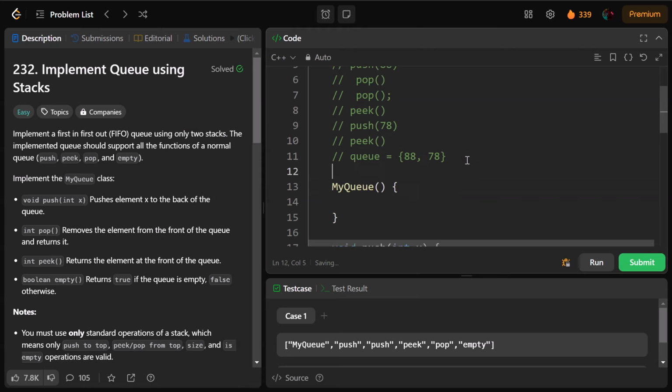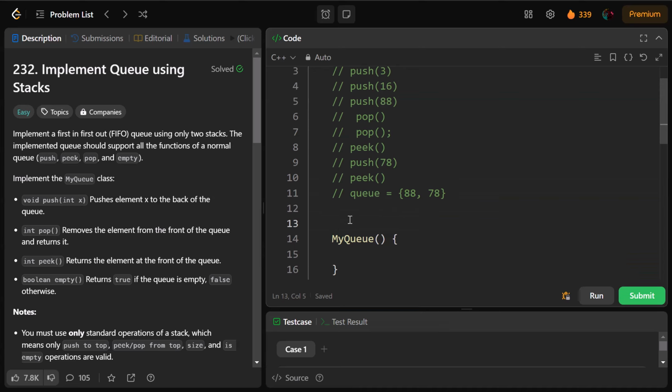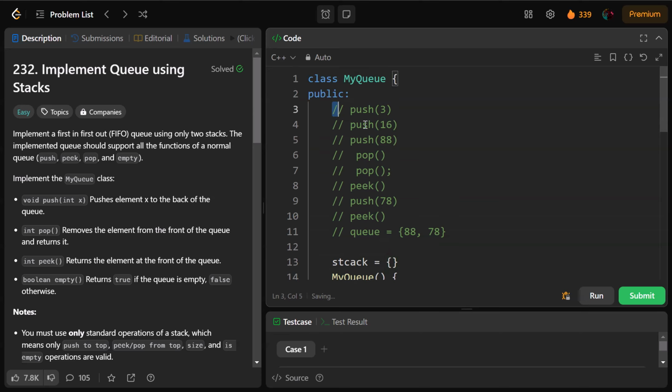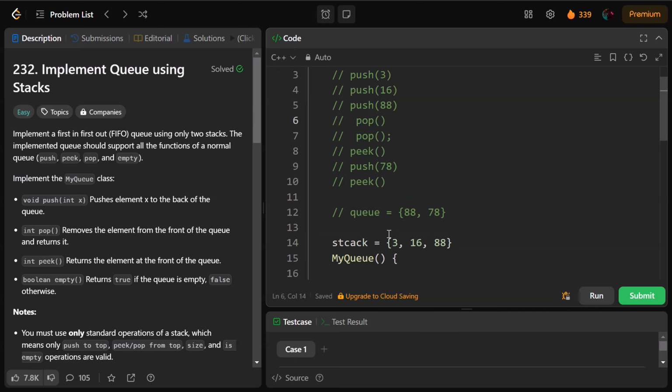So let's analyze what a stack is and how we can use its properties to build a queue. Let me do these operations in a stack, and we will see what is the difference between the queue and the stack. So the first operation is push 3, so I'll push it into the stack. It will be 3. Now 16 is pushed, then 88 is pushed. Okay, now it's time to pop. What are we going to pop in a stack? You should remember,